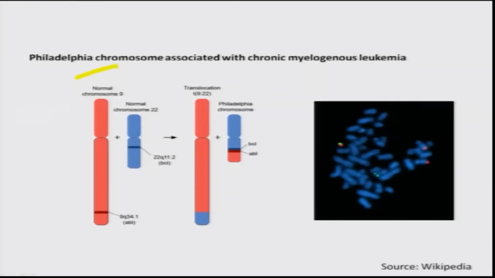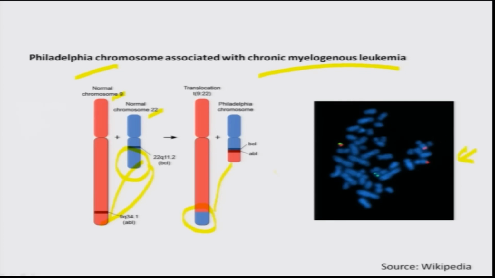One of the classic examples of chromosomal translocation, a region of a chromosome going and joining elsewhere, is represented by the so-called Philadelphia chromosome. This is one common rearrangement between chromosome 9 and chromosome 22, wherein a part of chromosome 22 gets translocated to chromosome 9. This is called a reciprocal, meaning a part goes to this and the other part comes here. So this results in a very chronic condition called blood cancer or leukemia, and this is often detected using